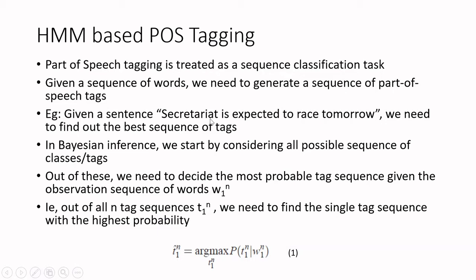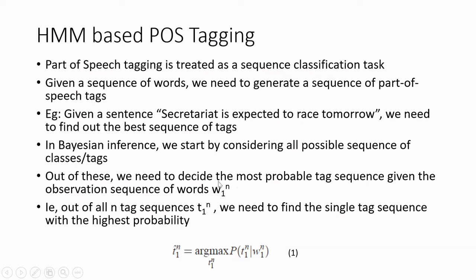If you look at it from a human perspective, we know it is actually a proper noun. But it could also be a noun, or any tag could be used. So what are the possible tags? In probability, we consider the set of all possible combinations, all possible sequences of classes, and for each of these we'll estimate the probability. Out of these, we need to decide the most probable tag sequence given the observation